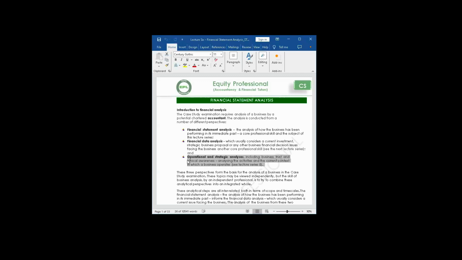I told you that if you can marry the idea of what they requested from candidates in those diets, like the use of data and information, professional tools and knowledge, analytical skill, and all those eight sub skills, so if you can marry them and understand that under operational and strategic analytical skill, these are the things that they need under use of data and information, these are the sort of things that they need under professional tools, and these are the sort of things that they require from students under analytical skill,